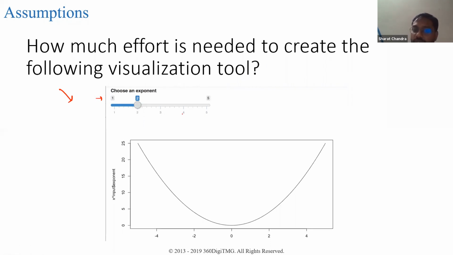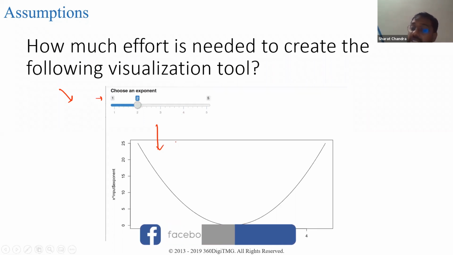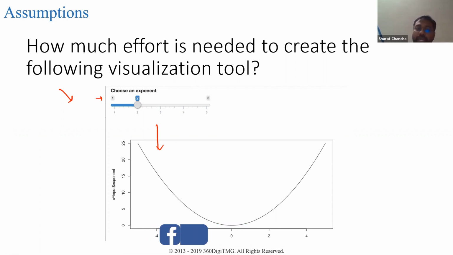What happens if I choose input as 4? What is the effect on this particular visualization? This is what we are going to learn today, and you will eventually come to know how easy it is to develop a dynamic visualization in R.